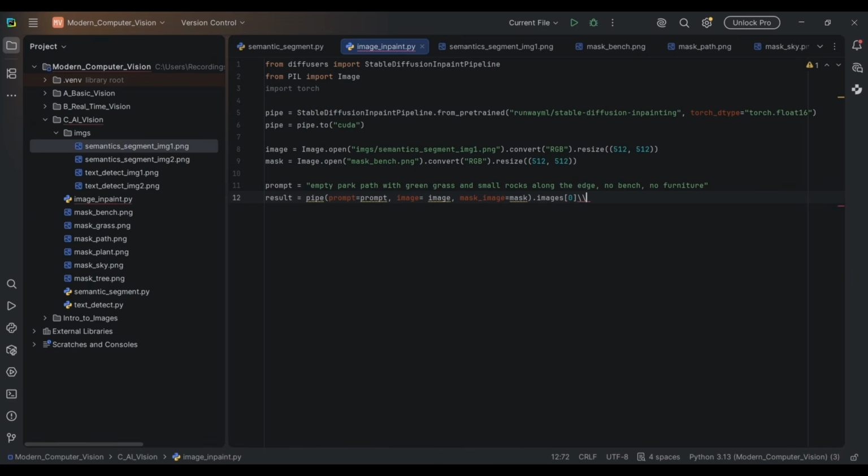And after getting the result, we have to save that result somewhere. We will use a method named save. Inside it we have to pass a name with which we want to save that file. Let's say we want to save our result with inpaint_output.png, and after that we will print a statement to see whether we have a successful execution or not. For that we will say that